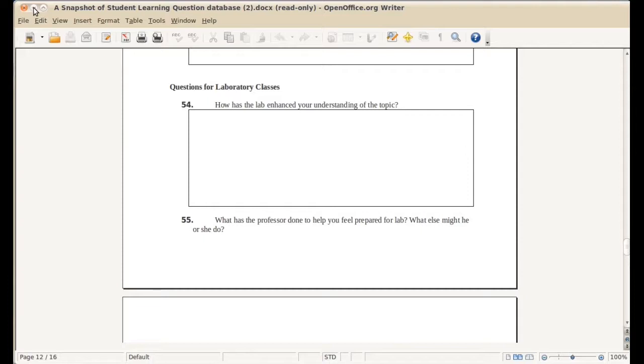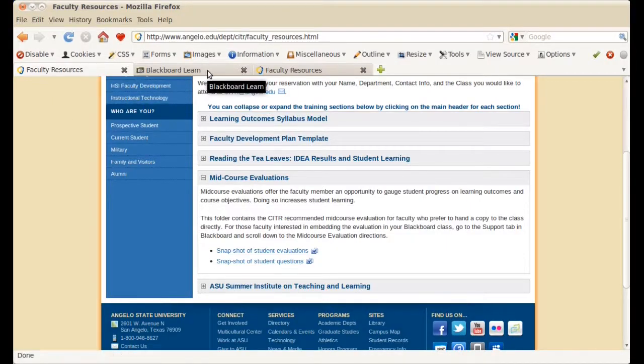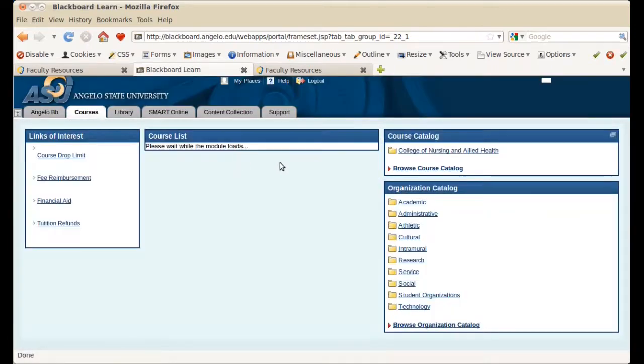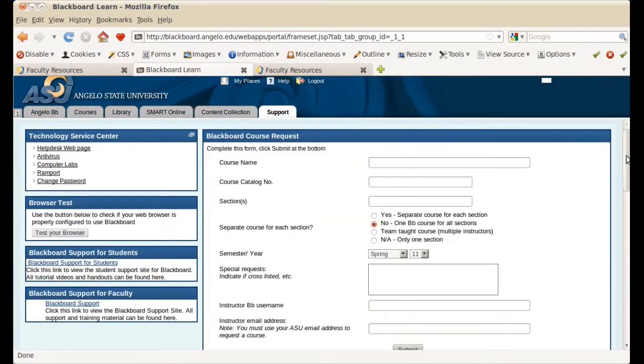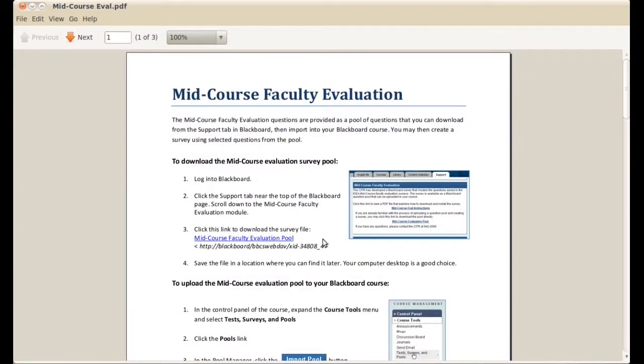If you would like to do this in Blackboard, then for this evaluation, you open up Blackboard. If you have a Blackboard course, when you open up Blackboard, you get to the main page. And if you go to the Support tab and you scroll down from there, you will see the Midcourse Evaluation tab. When you click on the Midcourse Evaluation instructions, it will open a PDF document that gives you specific instructions